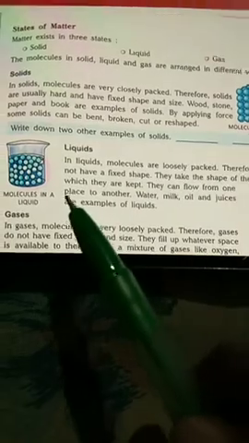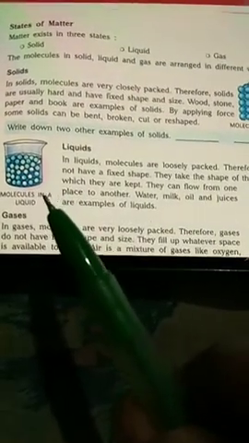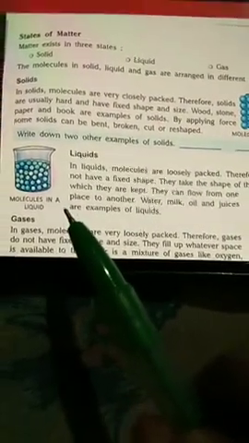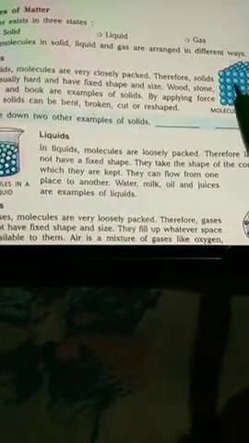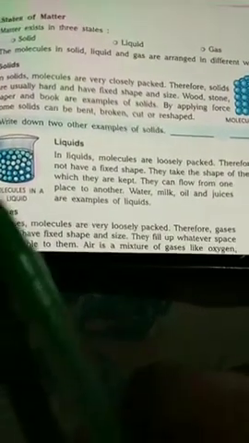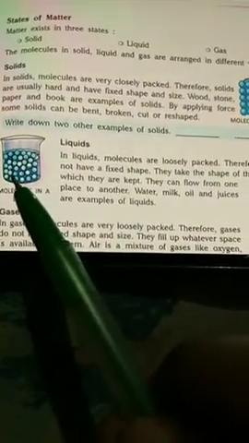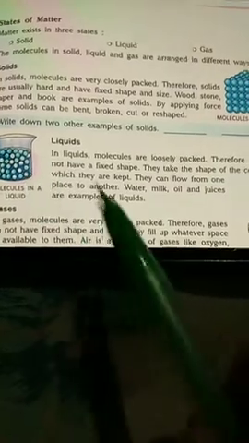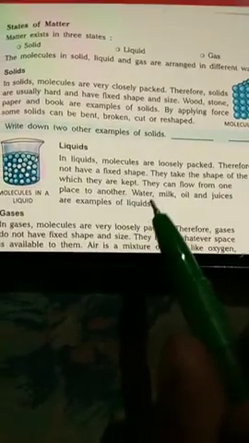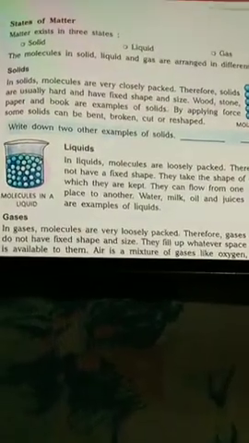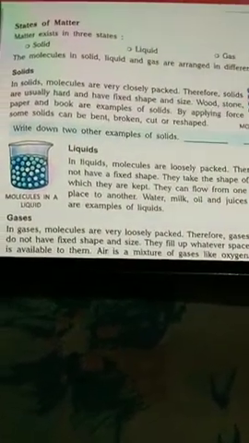Have you ever seen a chair flowing? A book flowing? No, they cannot flow because they are solids. Solids have very tightly packed molecules. They are hard. But liquids have spaces between the molecules and that's why they can flow. Examples of liquids are water, milk, oil, juices, ink, and you can cite many more examples.